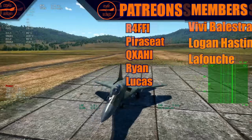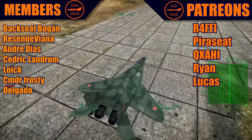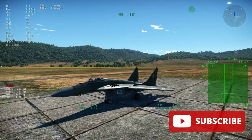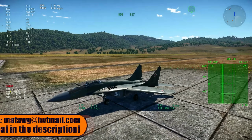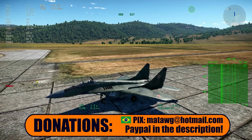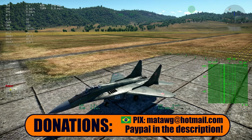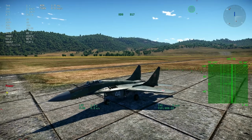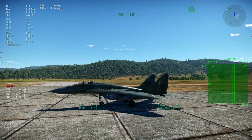And let's get going. So today we are going to talk about MiG-29s again. They changed a little bit of the flight model and the way that the MiGs actually fly. So we are going to test it out with the 913 and the 912A, the new addition for the German Tech 3, right? But the first thing that I wanted to show to you guys is with full fuel